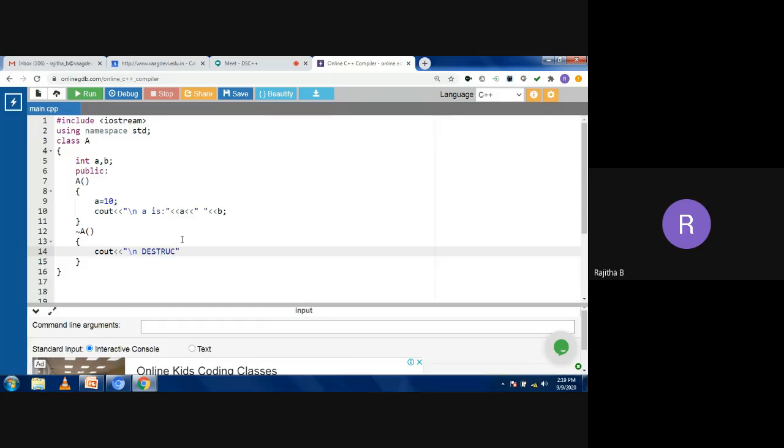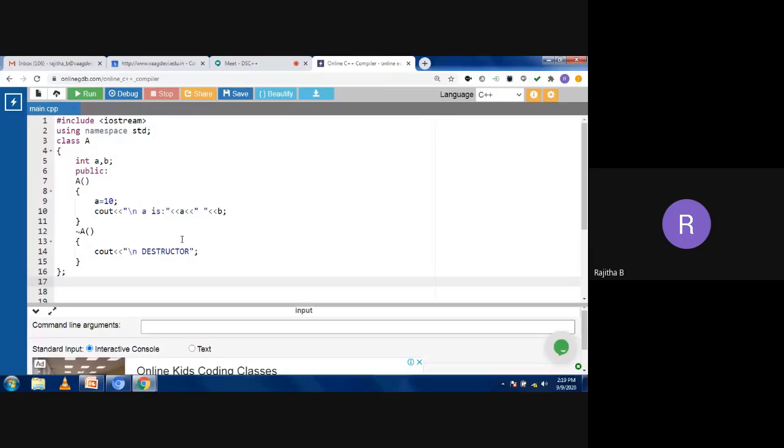Using the destructor, it is going to destroy the memory that is allocated by the constructor. That's it. So the destructor does not consist of any statements except the cout statement. Okay. Now I'm ending the class with a semicolon.